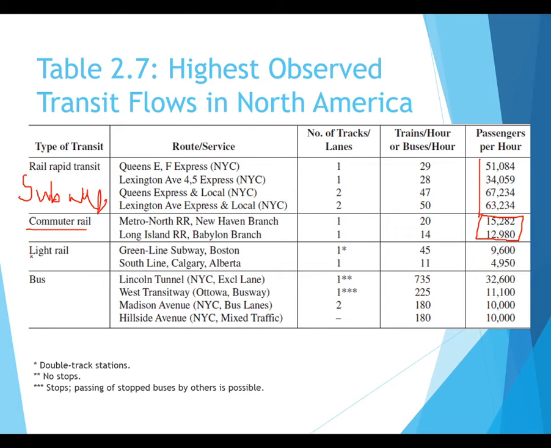When we talk about light rail, we call it LRT, light rail transit. It's smaller than the heavy rail that you have up there. We can give it different names. Some people call it metro, some other people call it streetcar, some other people call it tram. We have different names for that, and we have an example in Boston, and in there is a South Line